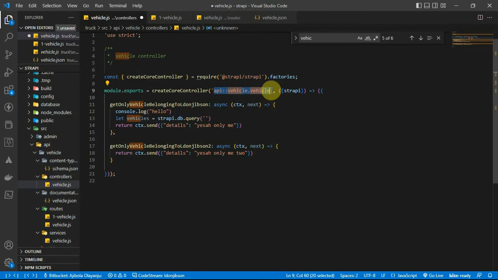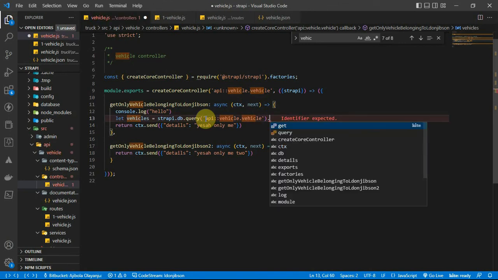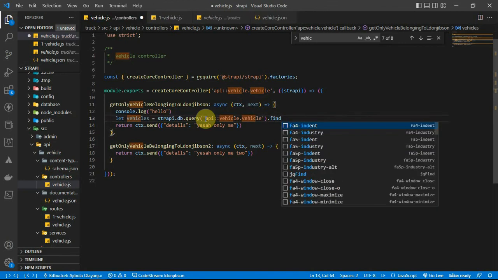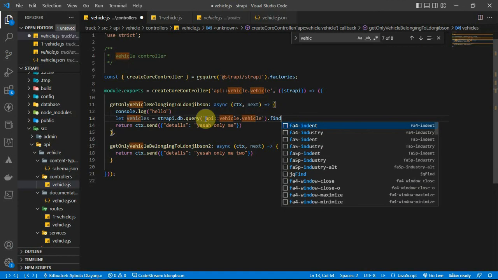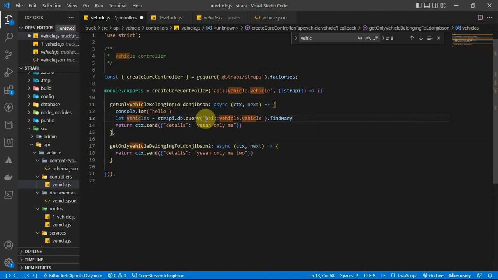Okay, so we are querying that guy there. Then we have that guy here. Then we can now do dot find. We can either find one, or find many. We have different methods for all of these. Here I'm trying to find one, and I'm going to show you many as well. I'm finding one where